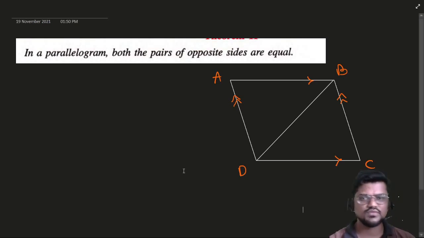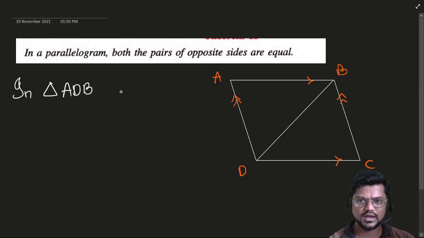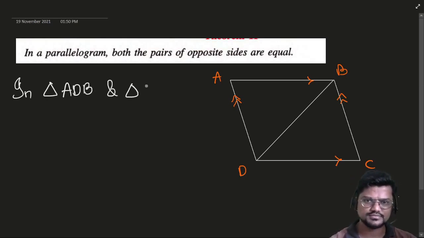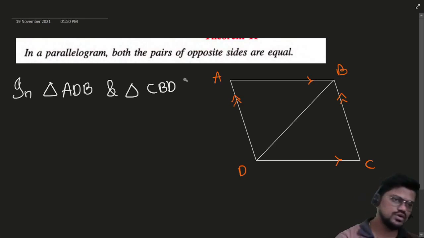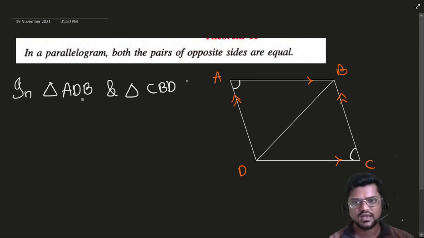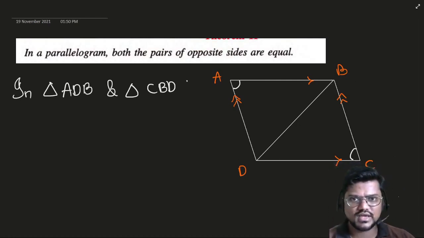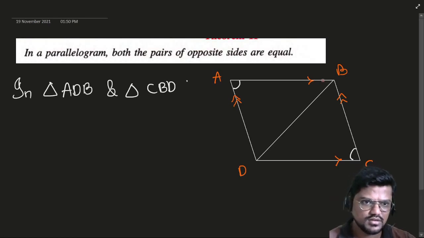Now over here, if I say in triangle ADB and triangle CBD, what do we know? These two pairs, this angle is equal to this angle. The opposite angles are equal, no? In a parallelogram, right? In triangle ADB and triangle DCB, CBD, also we can say this angle is equal to